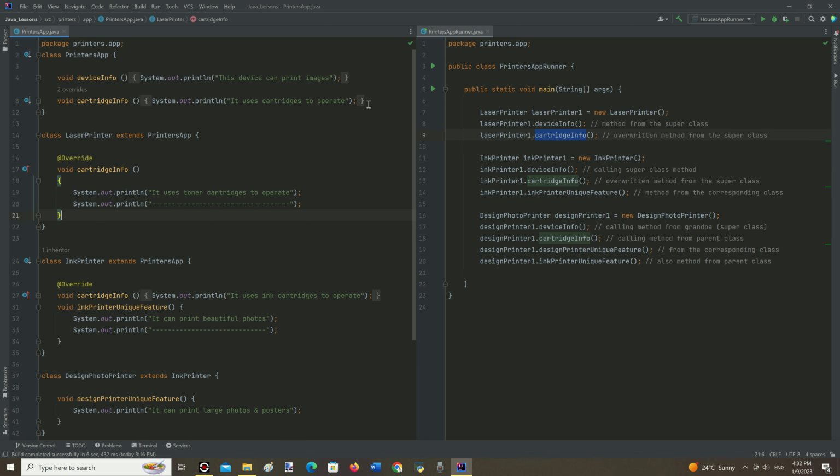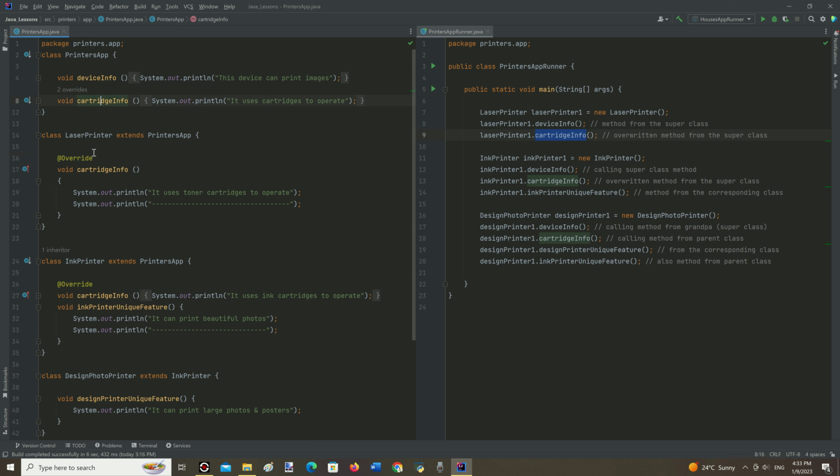Originally, in the parent class, method cartridge_info has this implementation in the body inside curly braces. But when it is overridden, right here, the method body inside curly braces is changed. And additionally, but not mandatory, the keyword override serves as a guarantee that the method is overridden correctly from the corresponding parent class.